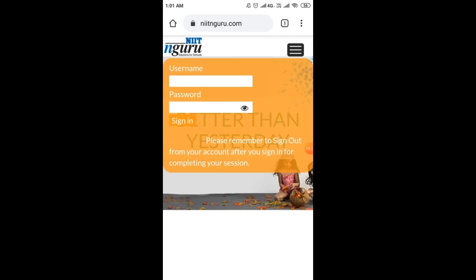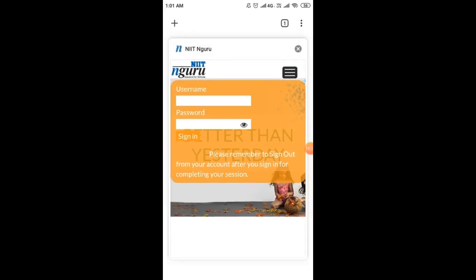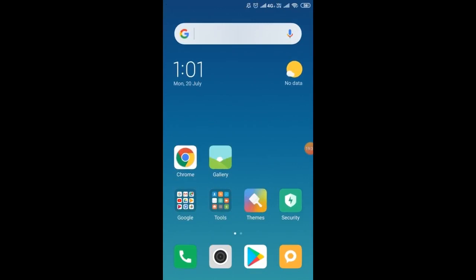Click on this one to close this NIET portal page and click on cross. Now go back and close this Google Chrome window.